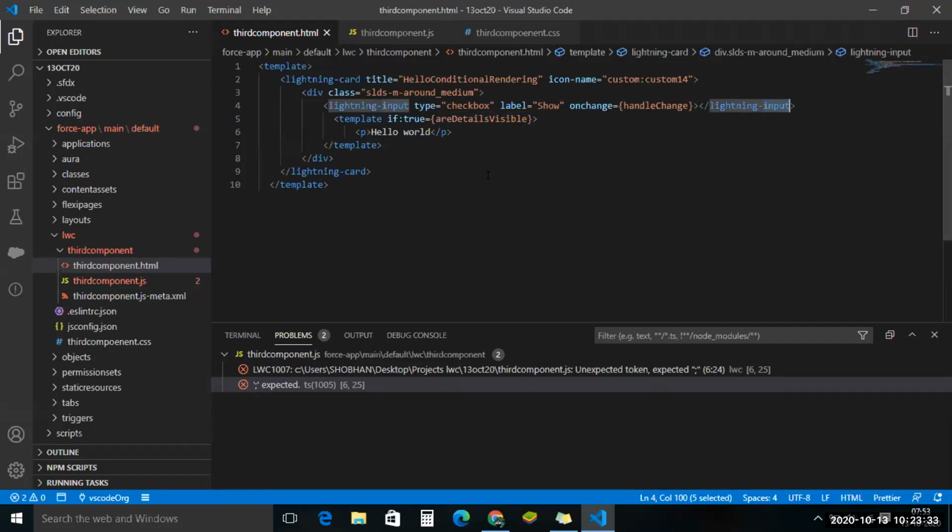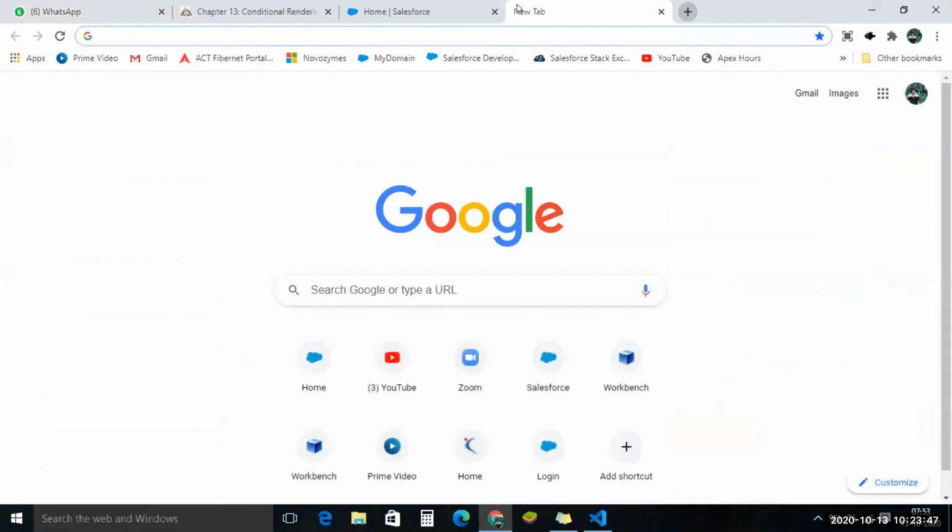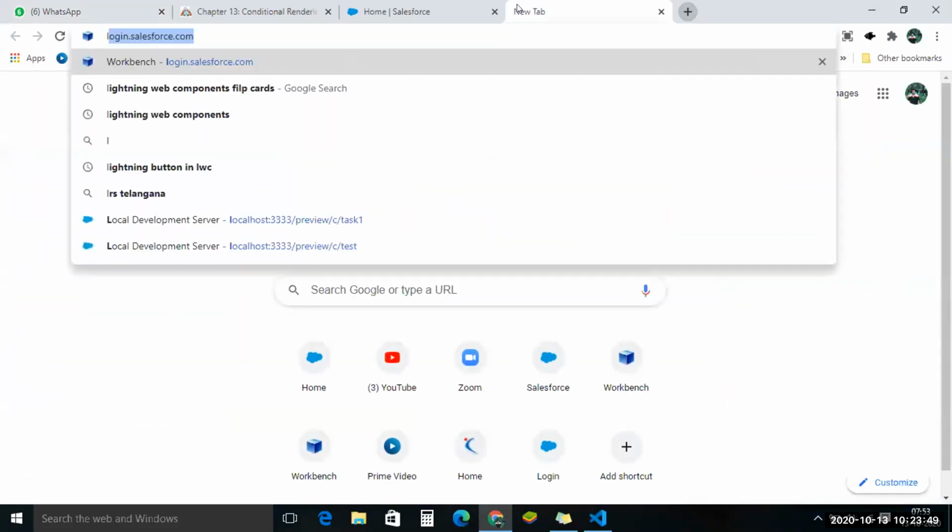Can you try the same code in the playground? I guess it should work. Can you just try once? Copy paste this code and open the playground. Yeah, sure. And close your WhatsApp.